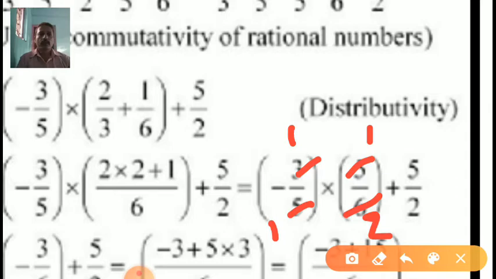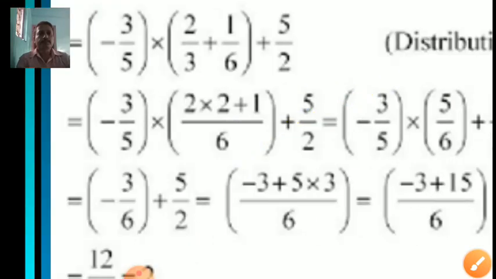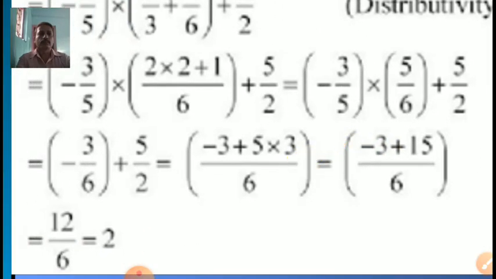Okay, now look at the numerator. That's a 1 and 1. 1 into 1, 1. Look at the denominator. 1 into 2, that's a 2. And then the second number is 5 upon 2. Okay, see. Here, student, I did one more step, but don't worry. Here I did only the 5 5 cut.